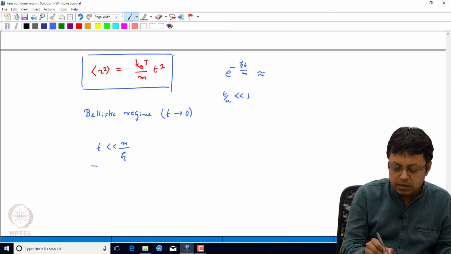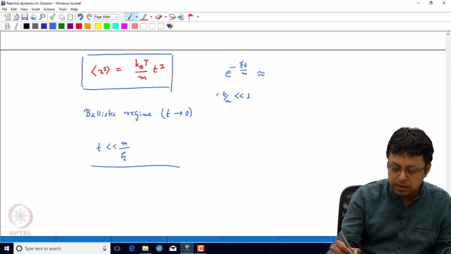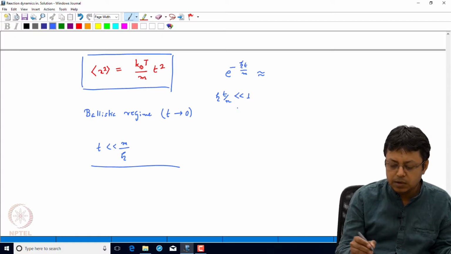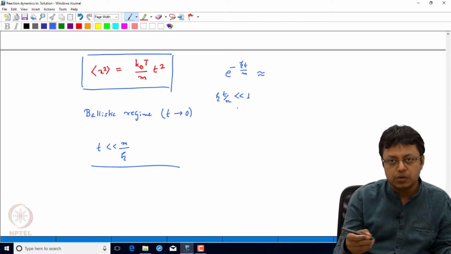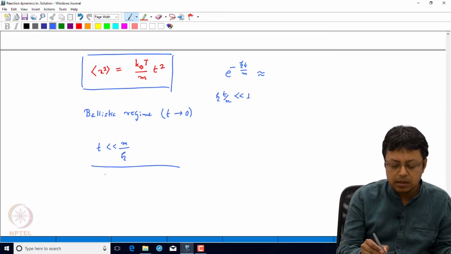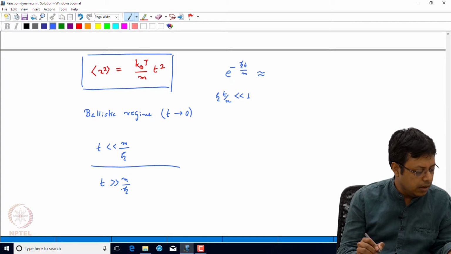this actually corresponds to the ballistic motion, as we have seen here. So, it will be zeta t by m much less than 1, or t is much smaller than m by zeta. So, when time actually goes to 0, I mean very short time scale. Now, in the other time limit, when t is much higher than m by zeta, then we can